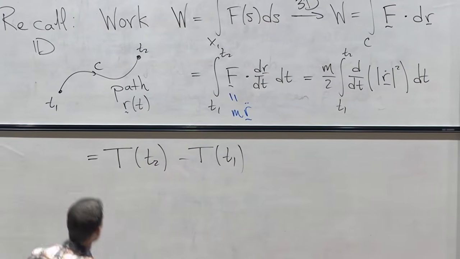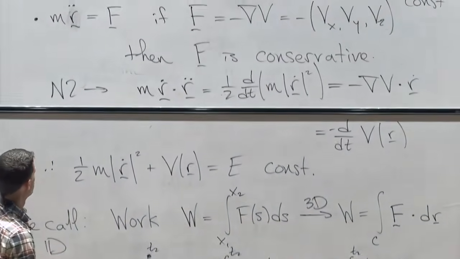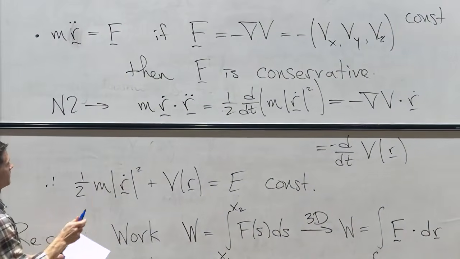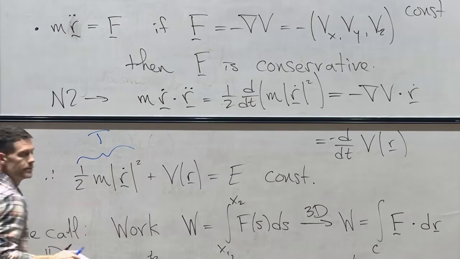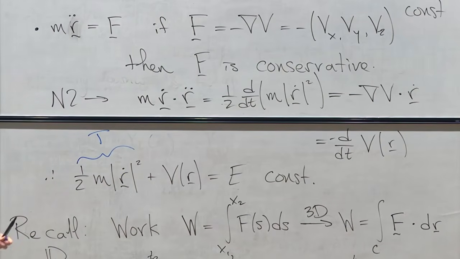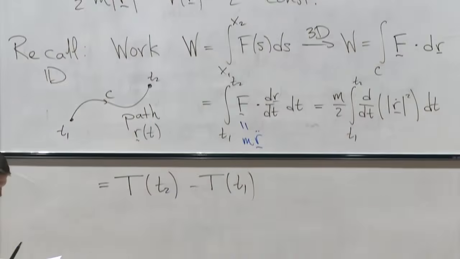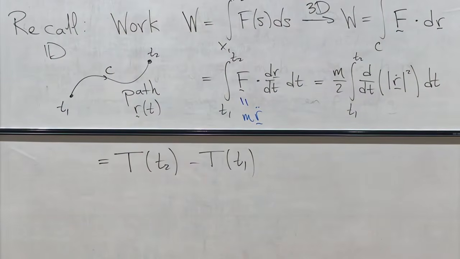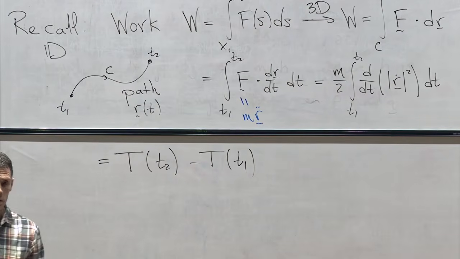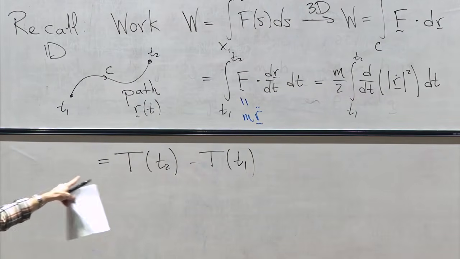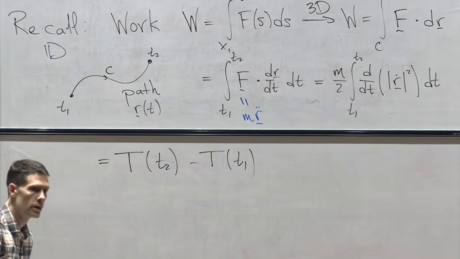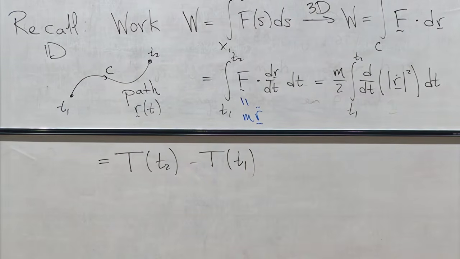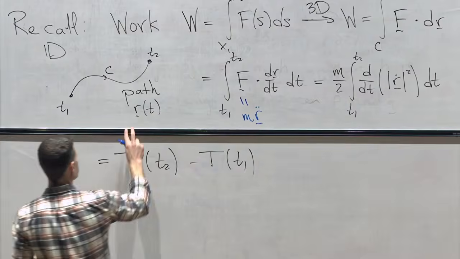So if we go back here, that's T. So it's the same result we had in 1D. The work done in moving this particle under this force field is the change in kinetic energy from the end time to the beginning time. And then we can also make this connection with the potential energy. So if energy is conserved,